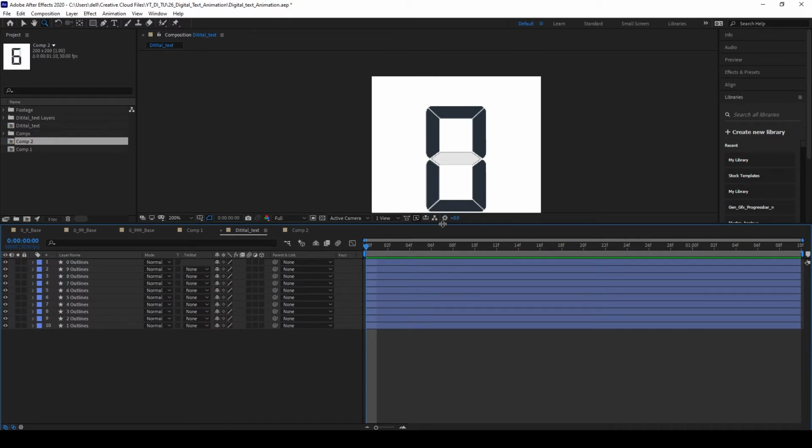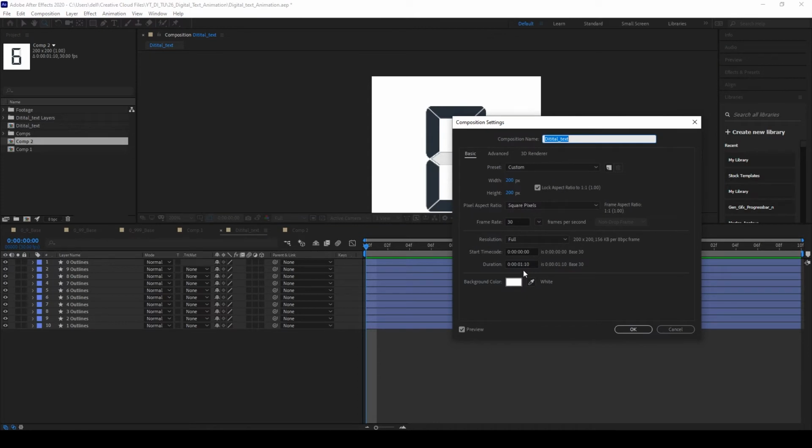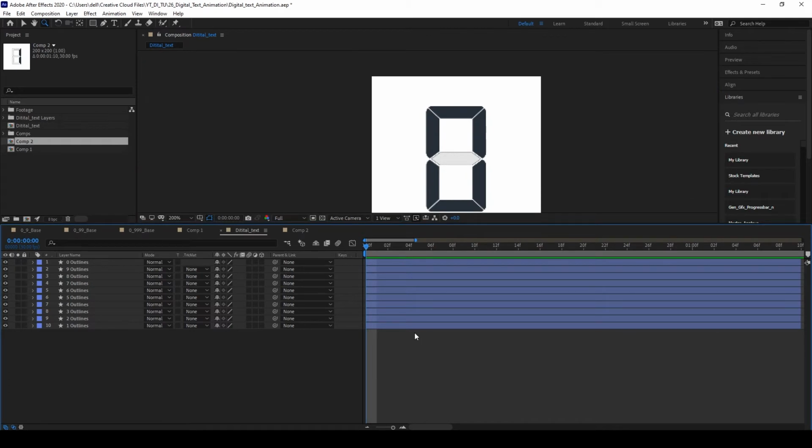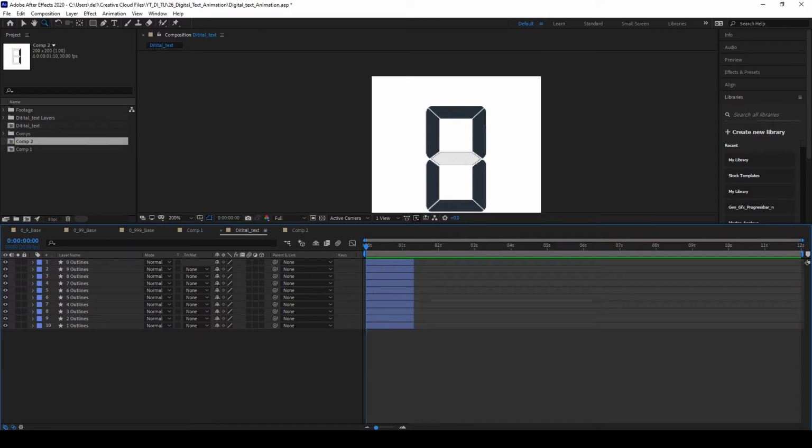Each digit gets 1 second of frames. So in composition settings, I'm going to change this to 12 seconds. Now we have a 12-second composition over here, and we are going to cut this into 1 second pieces.